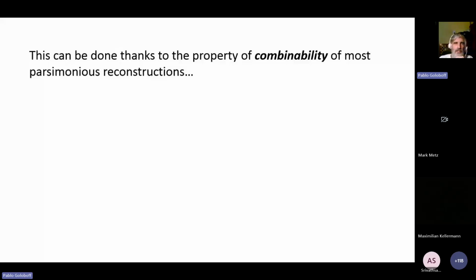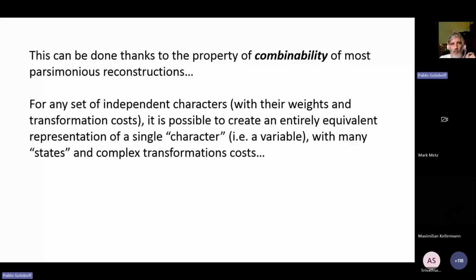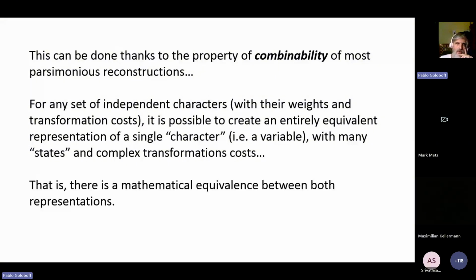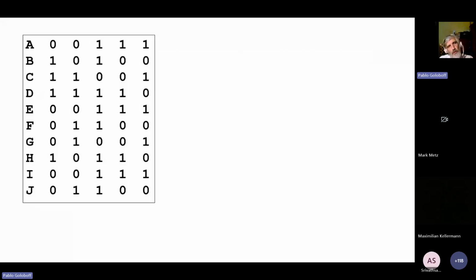For any set of independent characters with their weights and transformation costs, it is possible to create an entirely equivalent representation of a single character, that is to say a variable, with many states and complex transformation costs. That is, there is a mathematical equivalence between both representations. So suppose you have this matrix